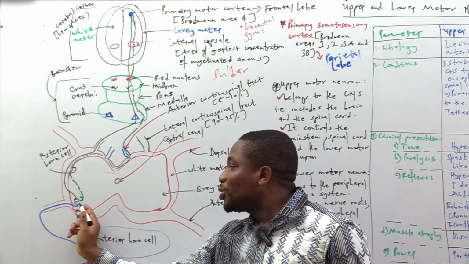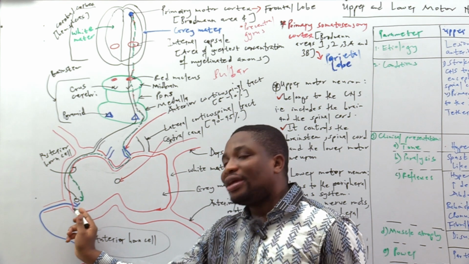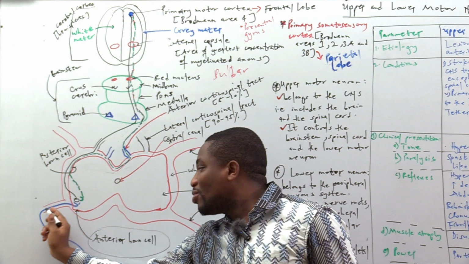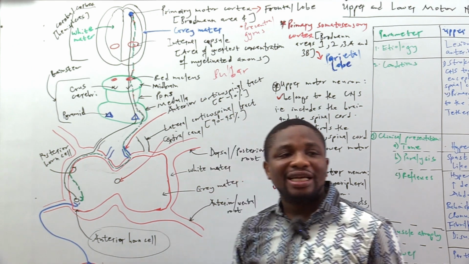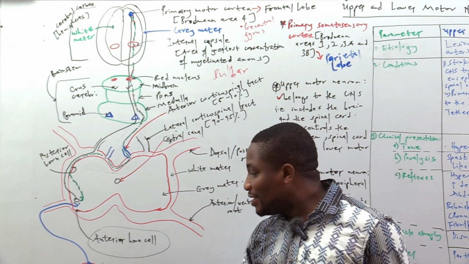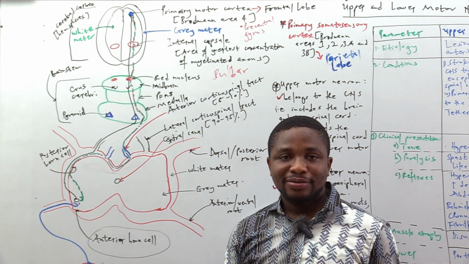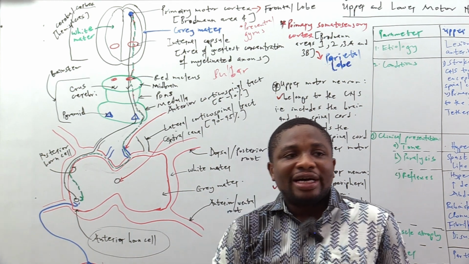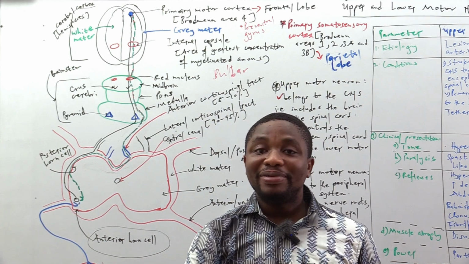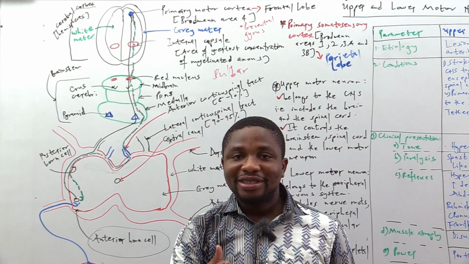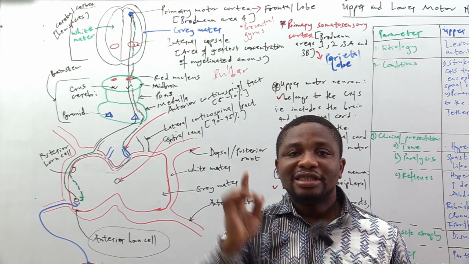So you see, the lower motor neuron begins from the anterior horn cell and goes all the way to the skeletal muscle, which is the effector, and gives it innervation to contract. So if you put your hand on a hot plate, what will happen? You have sensation. The primary